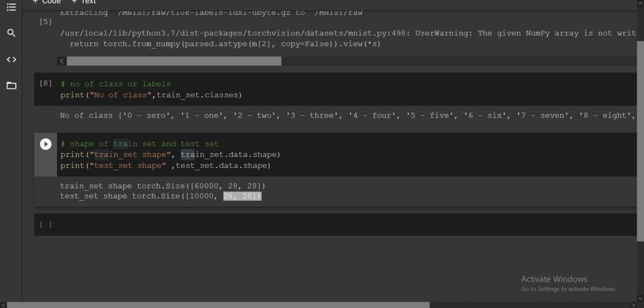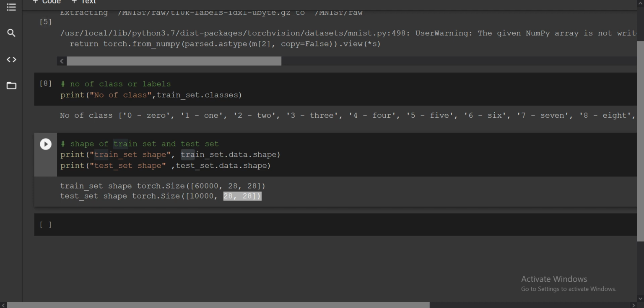So now the next step is the data loader. I have already explained its function. It prepares the data loading for the training and testing data sets. We already defined the train set and the test set, and we will load them into a data loader so that each sample is divided into a number of batches. It takes a first parameter, the train set, a second parameter, the number of batches you want to divide the data set into, and a third optional parameter, shuffle, if you want to shuffle your training set or testing set.